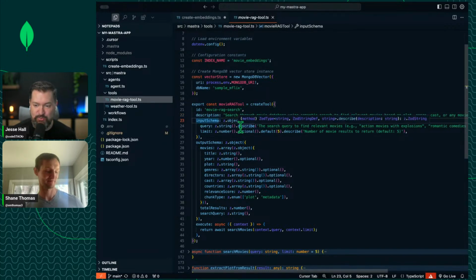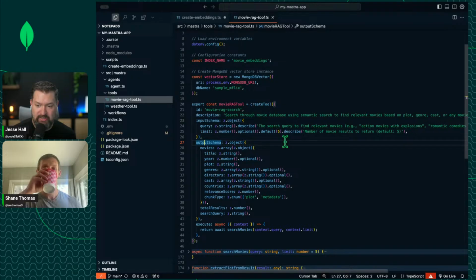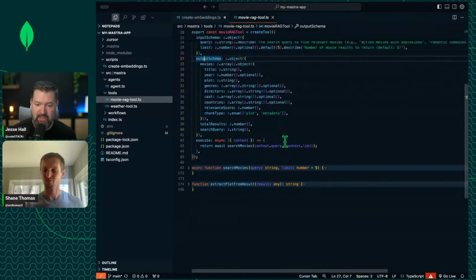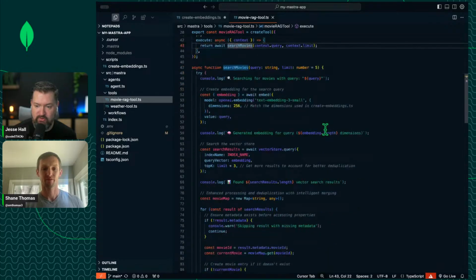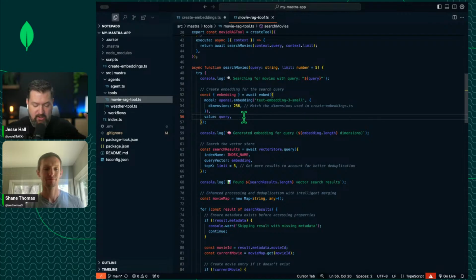So we're defining our input schema and our output. What are we giving it? What are we expecting back? And then here's our execution, our search movies function. In the search movies function, this is where all the magic happens. We are creating an embedding, first of all, on the user's query. We vectorized our proprietary information, our movies. We vectorized all of that, and we put it into this